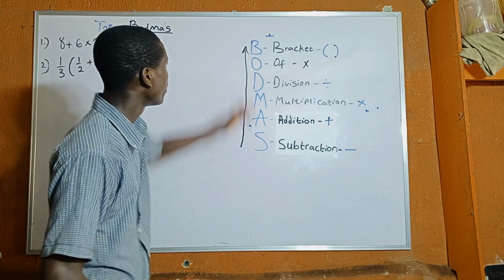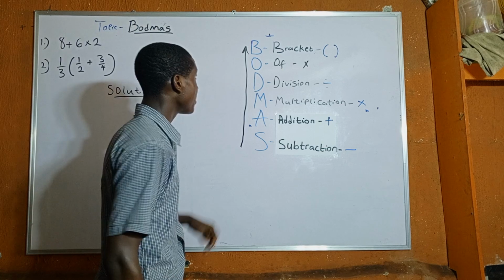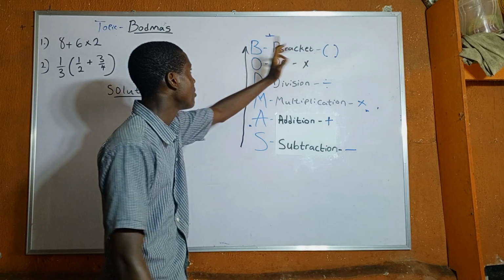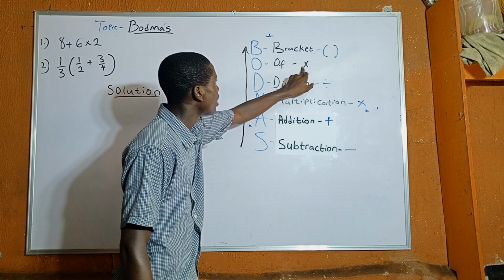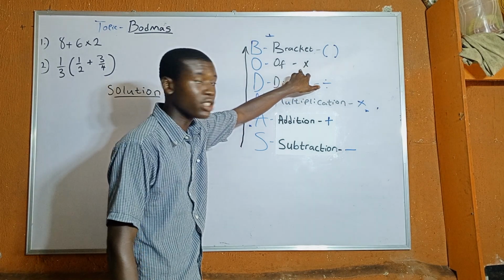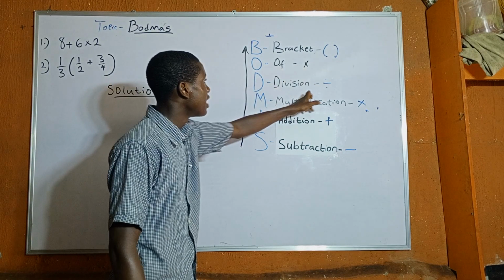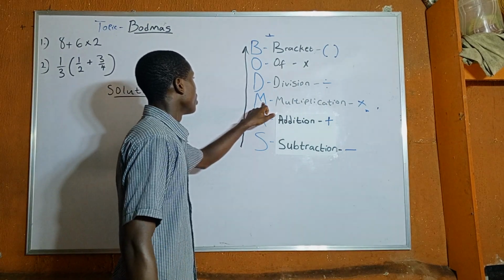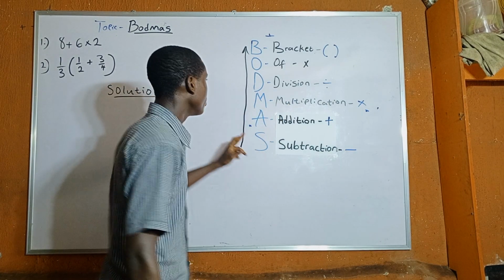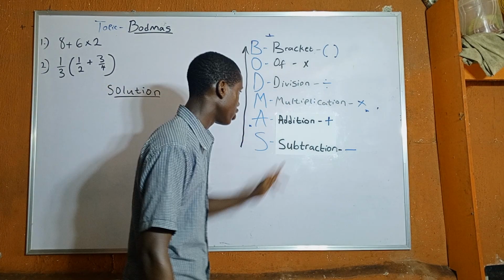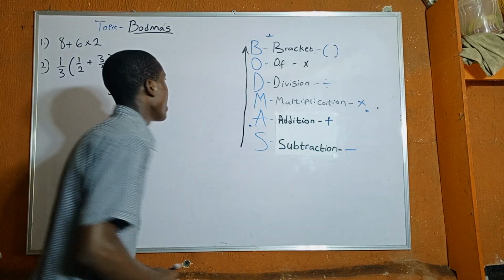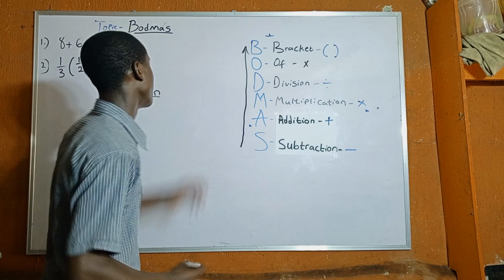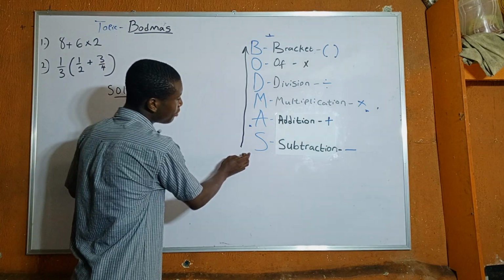So to start off, we have BODMAS, and these are what they represent. B represents brackets, O represents "of", which is usually denoted as multiplication, D stands for division, M stands for multiplication, A stands for addition, S stands for subtraction, and there is a trend in BODMAS which says from the bottom